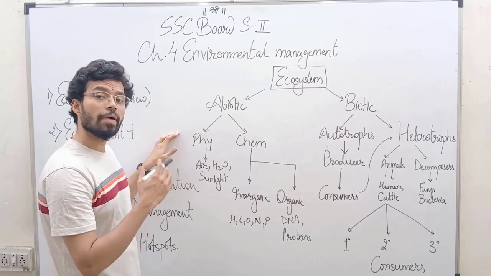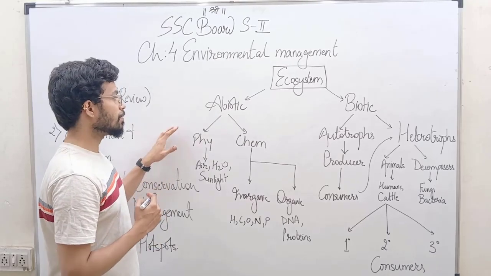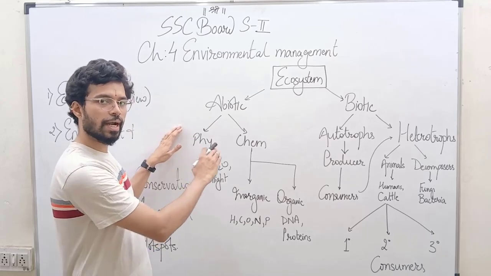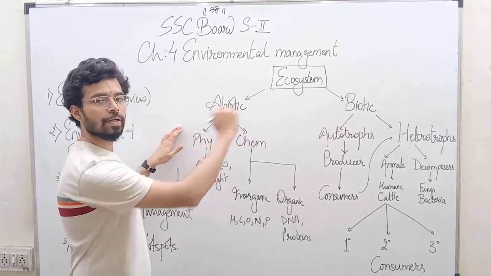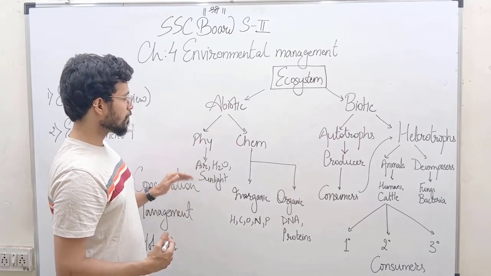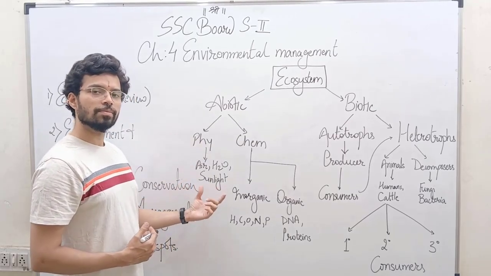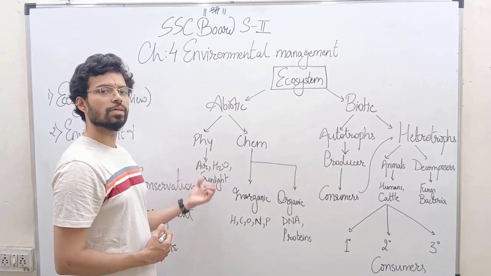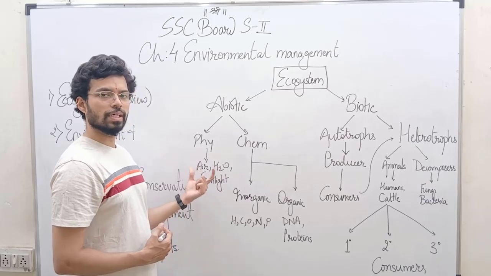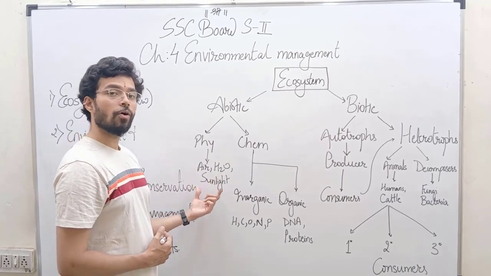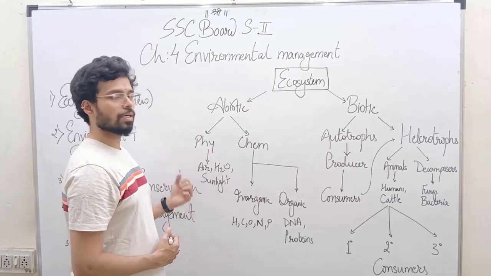So what do I mean by abiotic factors? Abiotic factors are classically of two types, physical and chemical. The biological aspect will be taken care of by the biotic factors. In physical factors, you typically have the geographical factors like air, sunlight, water, oxygen availability, nitrogen, and so on and so forth. These become a part of your abiotic physical factors.